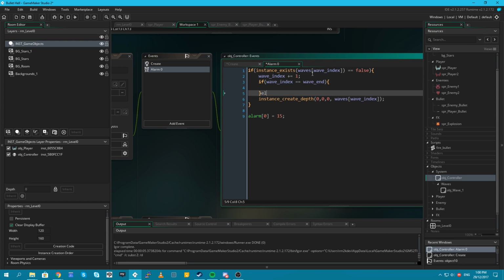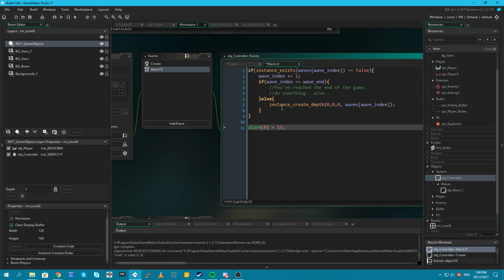We're going to do something else. Otherwise, we will create the wave. Here, we're going to say, you've reached the end of the game. I don't know, do something else. Otherwise, we'll create the next wave, which will be incremented by 1.